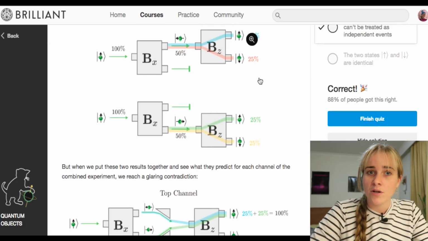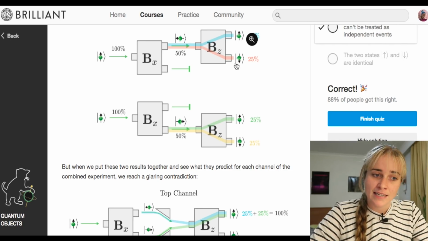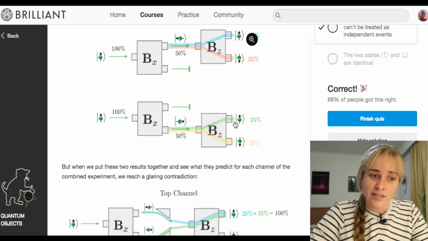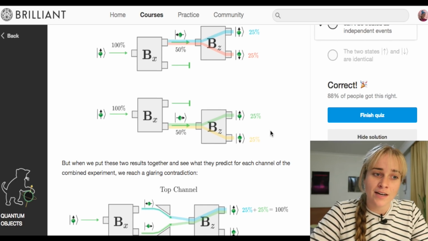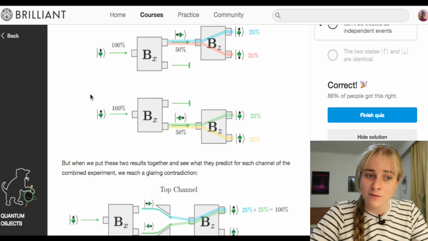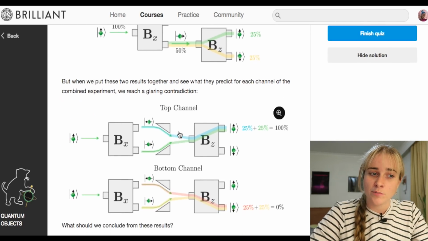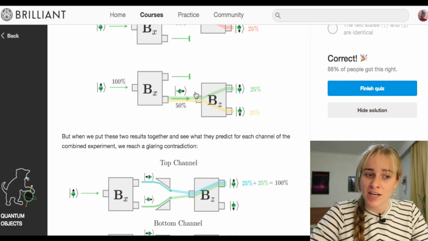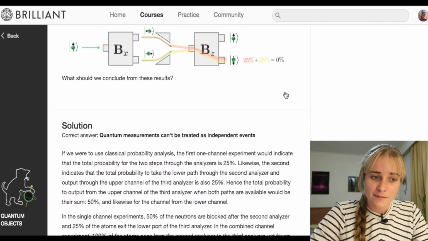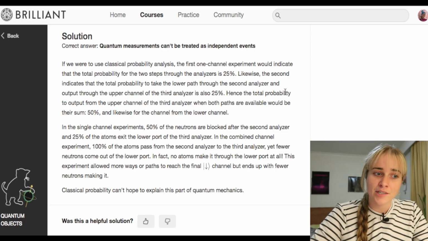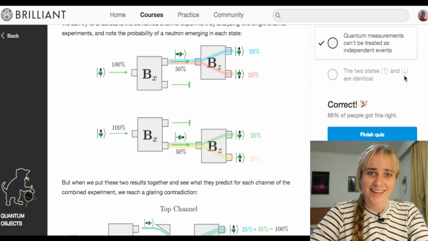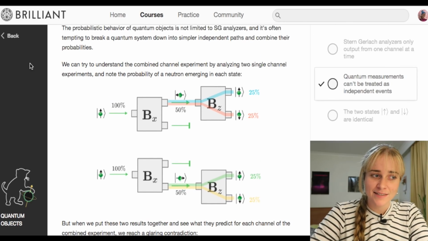So the way this would work in classical probability is that this 50-50 chance here is completely independent of anything else on the tree, of this 50-50 chance here, and of things that have happened previous to it. In classical probability, every time you branch out, this is, I guess, an independent event, but our quantum measurements can't be treated like that. I hope the way that I've described this idea here makes sense, because I didn't use